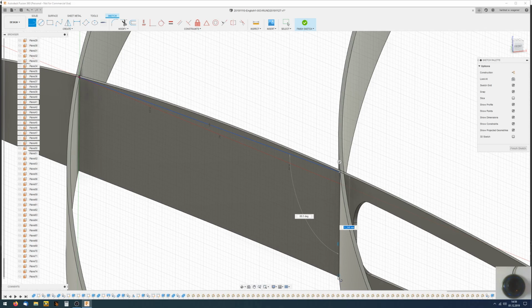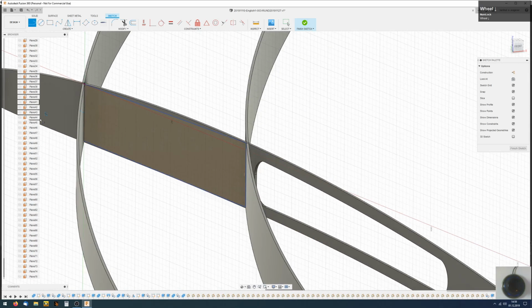I hope it is correct. I'm not sure, but see. So there is my drawing, and now I can make these things fixed. This one is fixed. This one is fixed. And this one is fixed.